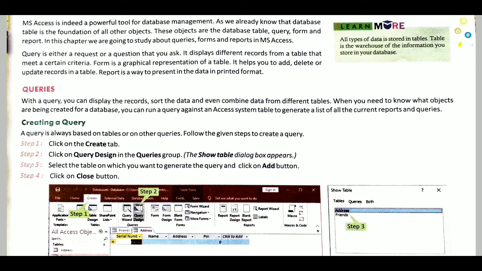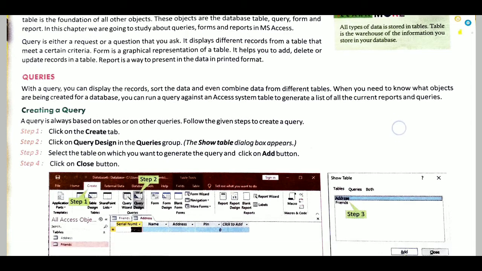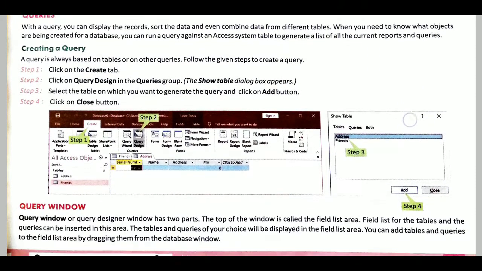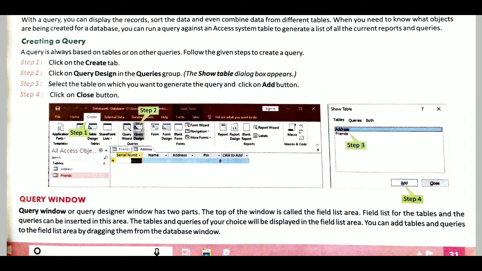Suppose you know that in a table or database, your friend's name, phone number, email, address, pin code, all the things are saved. So you can request a query to pop out the information, that is, you can ask, give me the address of my friend Ramesh. It will be popped out and MS Access can show the address of Ramesh. This is the query. So here in MS Access, how to create a query, or how to ask MS Access to give me the information.